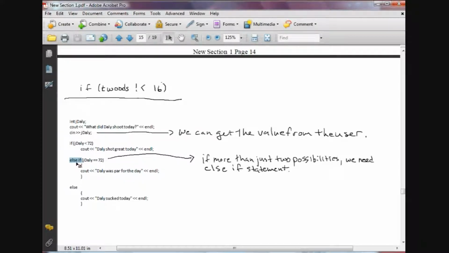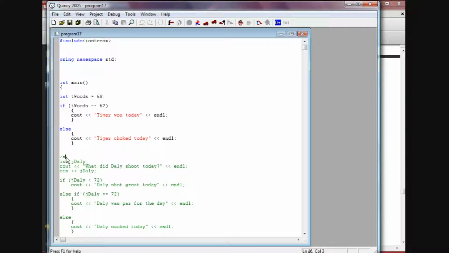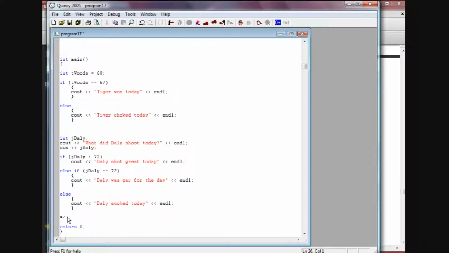But again, the main point is you have to use this else if there's more than just two options for the if statement. So I'm going to go back over here to Quincy and comment this, uncomment this, and I'm going to run this, and this is basically the text I just showed you. We get the integer, the cout statement, the cin statement, getting the input from the user, and then the if, the else if, and then the else statement. So when we run this,